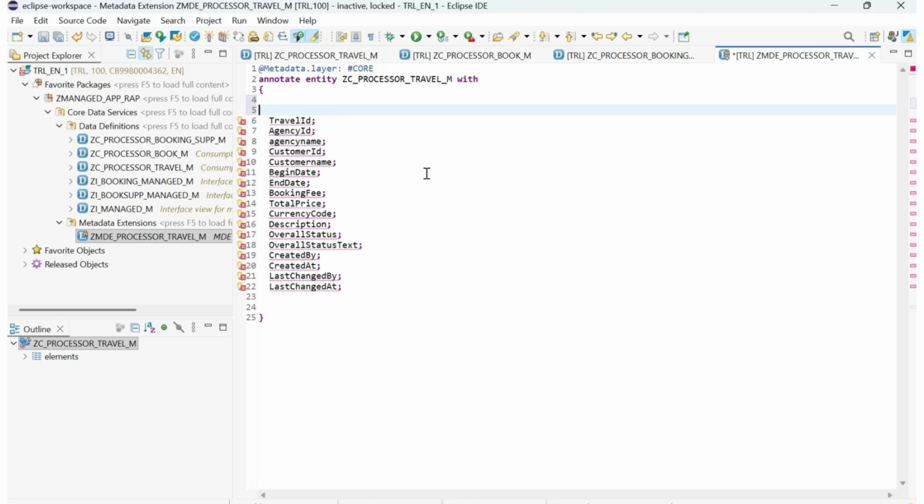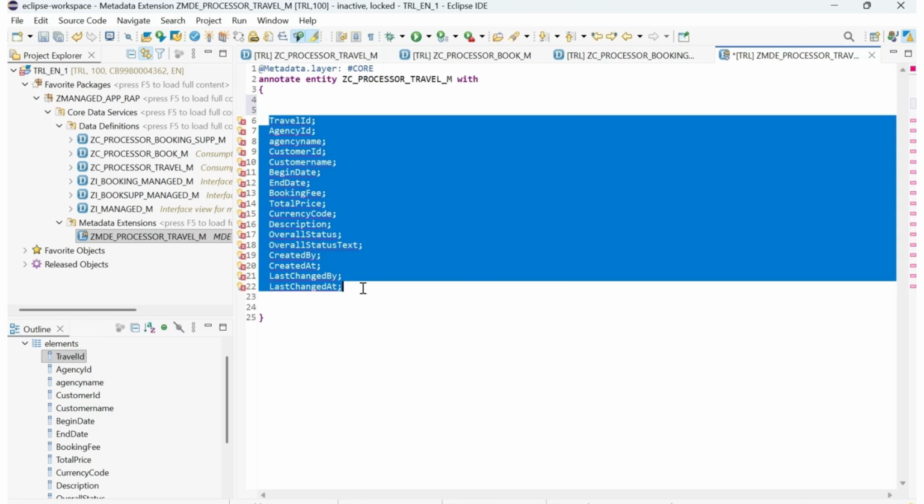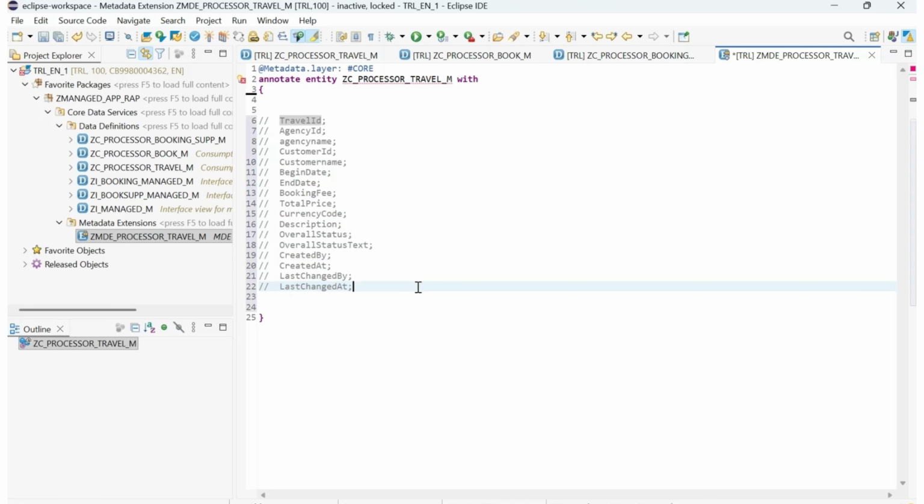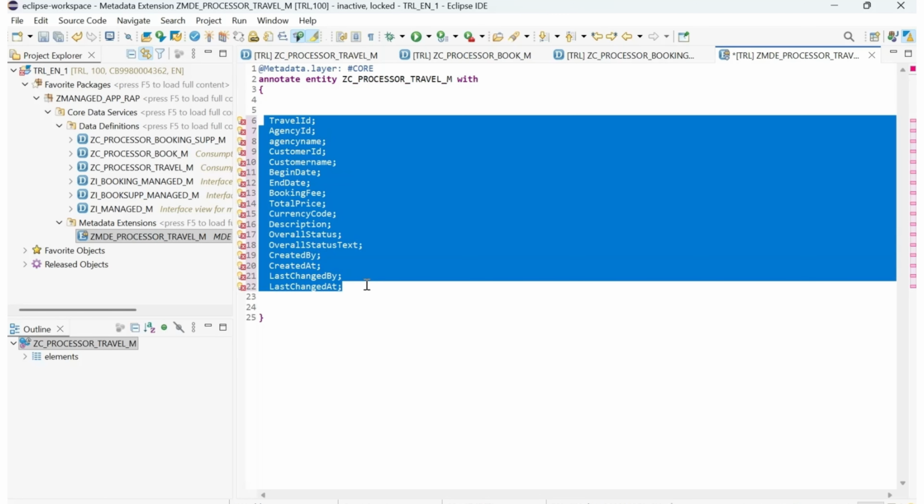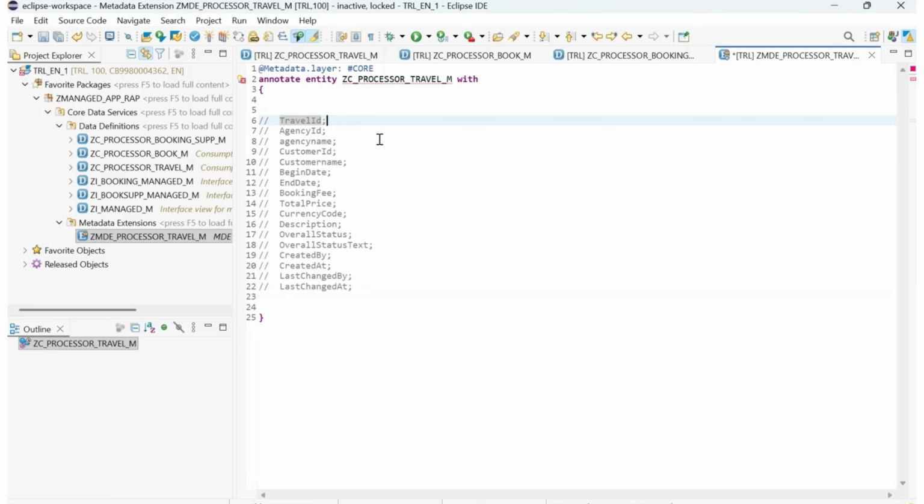identification and all that we have to do. But before that, I will comment all these things and we'll try to activate this one. I think it won't be activated without any one field. Okay, it is saying at least one field should be there, one annotation. So maybe I will keep only travel ID and @UI.lineItem